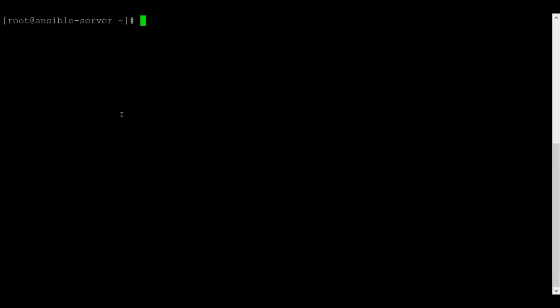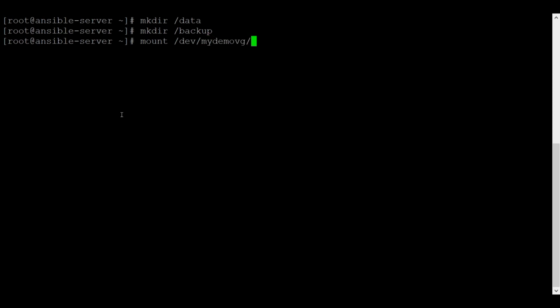So I am going to create two directories here. Right, and I will mount them. It's a very simple command, mount and the source, which we know, /dev, then the group, and then your LV name.